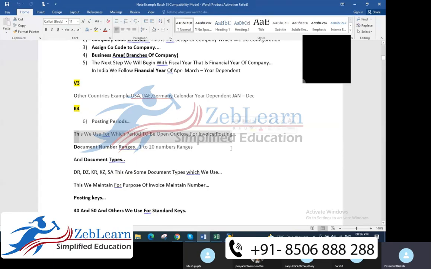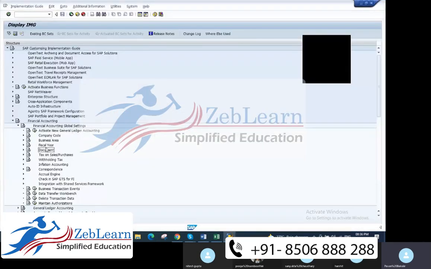Suppose you are passing an entry in a company, any entry like an invoice entry or billing entry or data entry, anything like that. At that time, you need to make the entry posting there. So what we do in posting period is we allow that entry to post, by opening and closing periods. It controls which period should be open and closed. For that you need to prepare the posting period here. This comes under the fiscal year below.